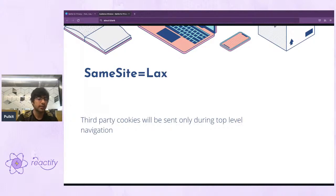Next, let's come to SameSite=Lax. It says that third-party cookies will be sent only during top-level navigation. Before, I mentioned that if you try to set or access cookies in an embed or an iframe, and the top-level domain is different from the iframe domain, then those cookies are said to be accessed or set in third-party context. But there is actually another way to set or access cookies in third-party context, which is,